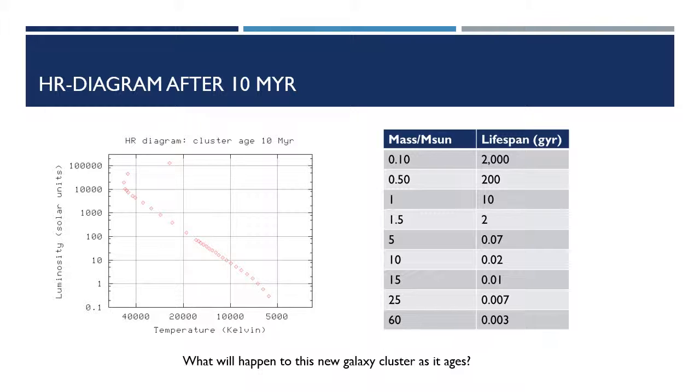So here's an example of the same cluster modeled at 50 or 10 million years of age. And you find that those stars, the stars that were on the main sequence, have since died. And they've either entered into some kind of giant or supergiant phase, and how they evolve, leaving the main sequence, is really interesting and beyond the scope of what we'll cover now. I would encourage you to look that up if you're curious. It's really cool. But essentially, this is what happened.